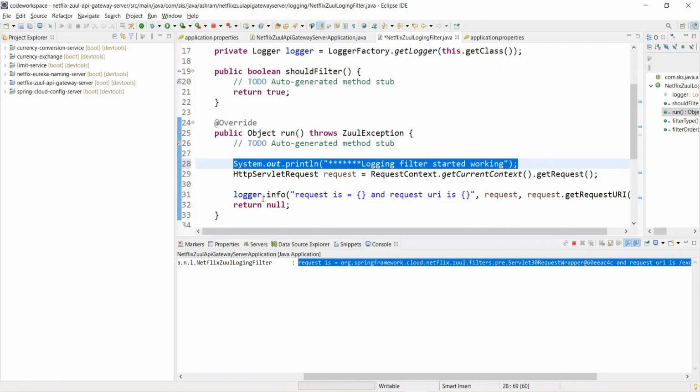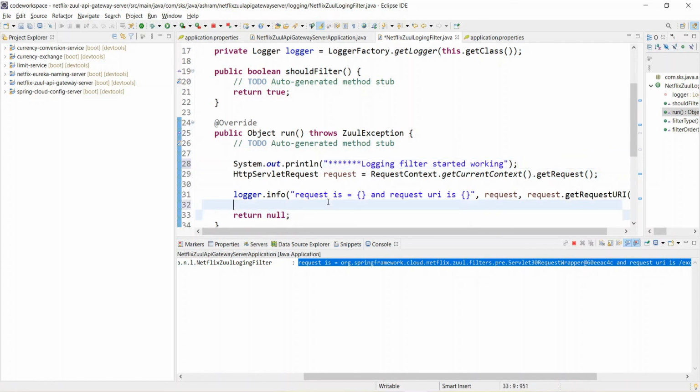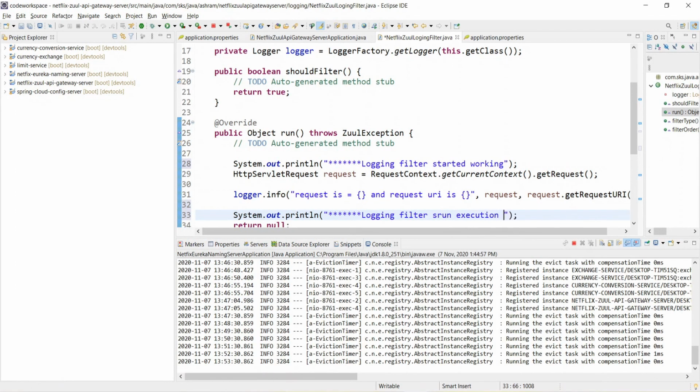Copy this, and before it, print something like "logging filter run execution completed", right? And thereafter put this also, right? Save it.